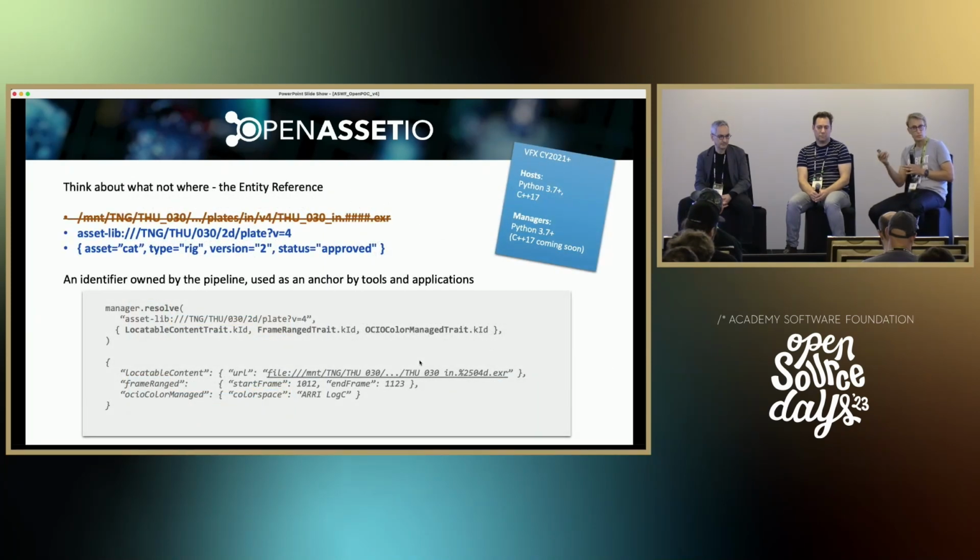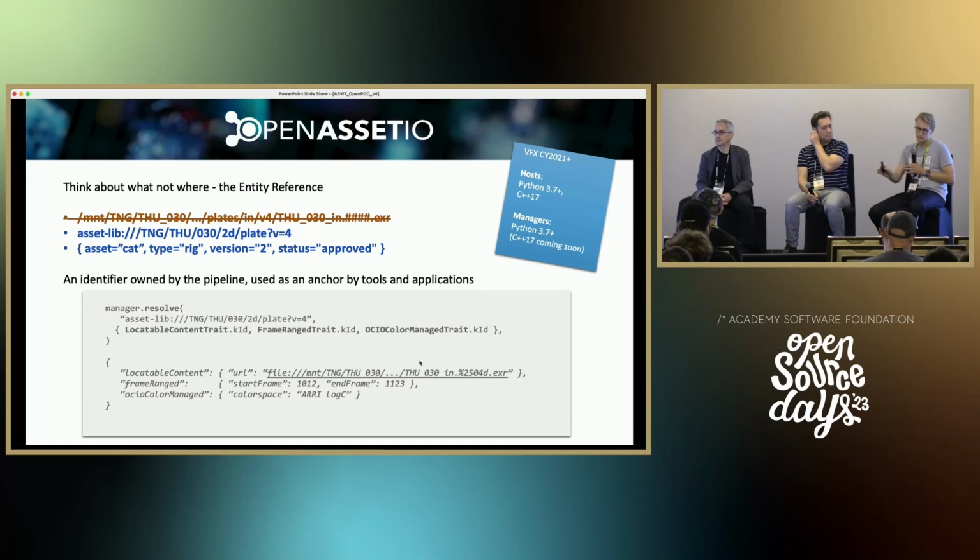And so for the more technical view here, the way we kind of do this is we call these identifiers in OpenAssetIO world an entity reference. And the key thing here is we're not trying to tell you how to design your pipeline. These references are owned by the pipeline itself, and the host just uses them as a handle to latch on to any specific asset. So there's some examples here.